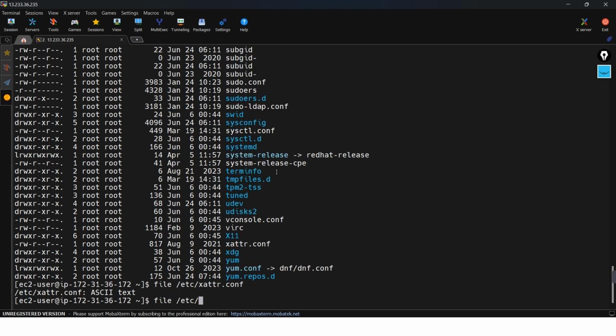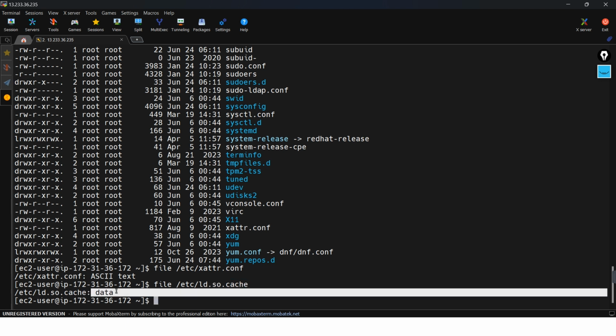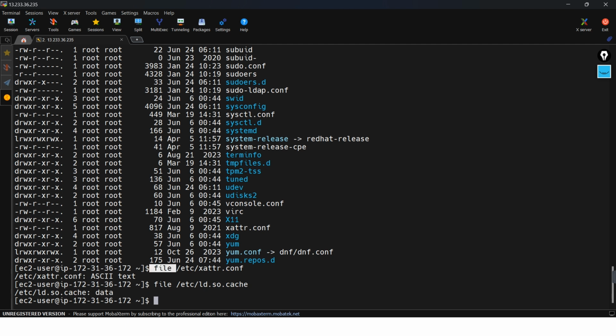Mainly, file is going to show you what kind of format it is. It is saying it is a data file, it is storing some memory. Okay, so by using the file command, you can see what type of data format it is. Okay, and then next one is